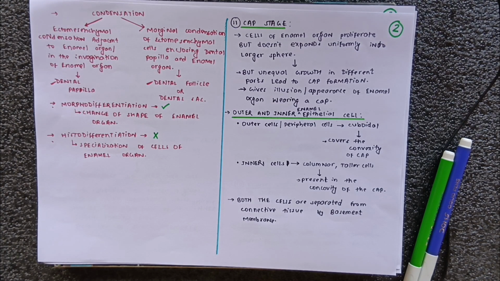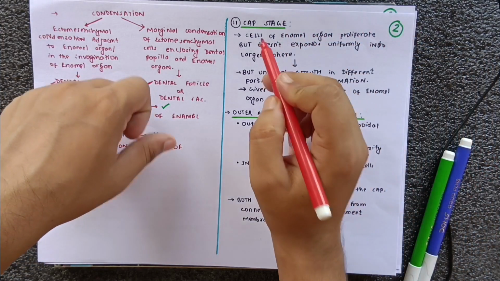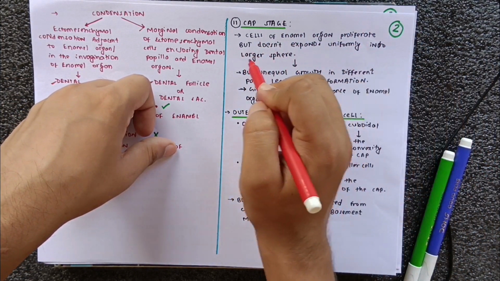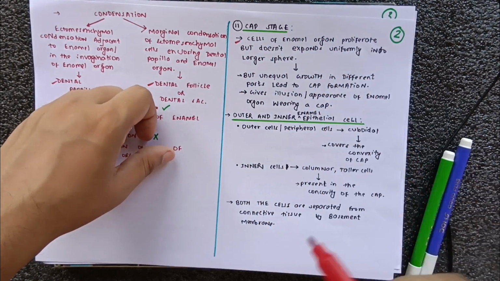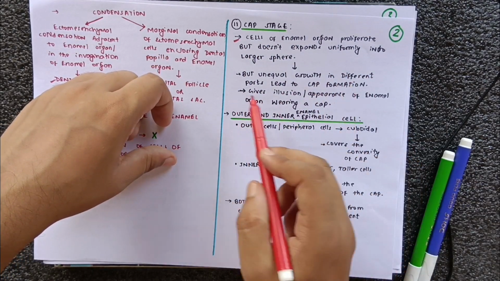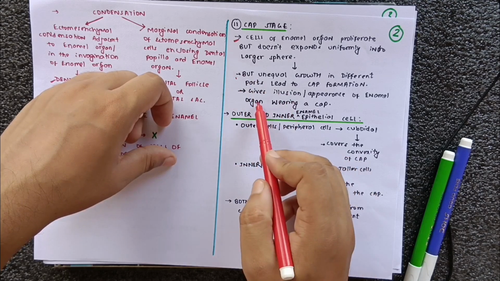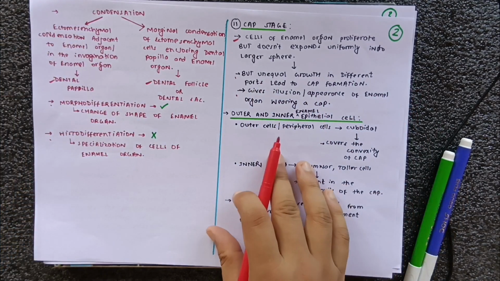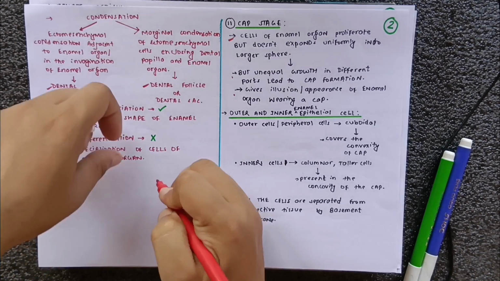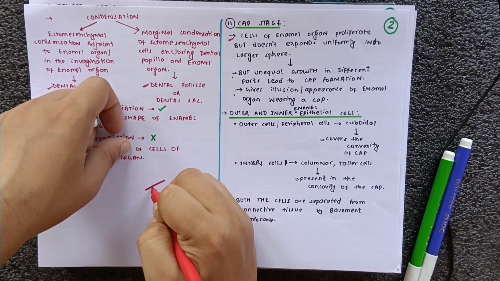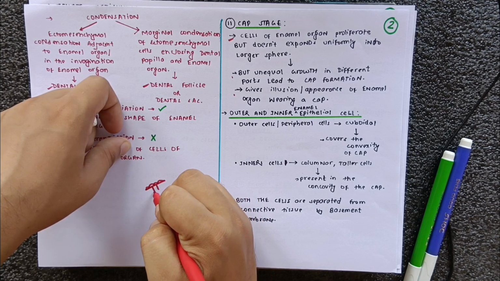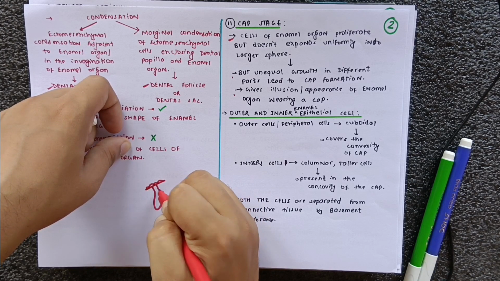In the cap stage, as I have written here, cells of the enamel organ proliferate but don't expand uniformly into a larger sphere. But unequal growth in the different parts leads to the cap formation and gives the illusion or the appearance of the enamel organ wearing a cap. I will be showing it here. If this is an epithelial layer and this is the enamel organ, and this is the